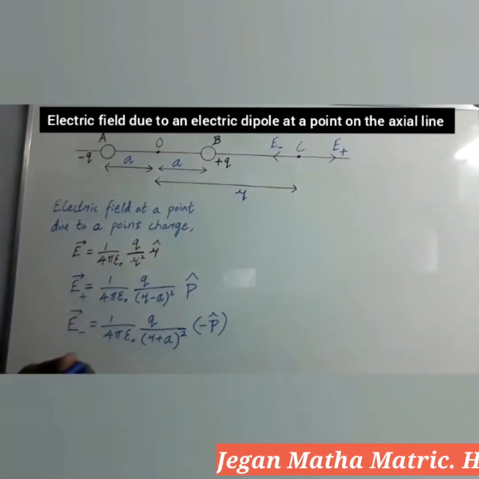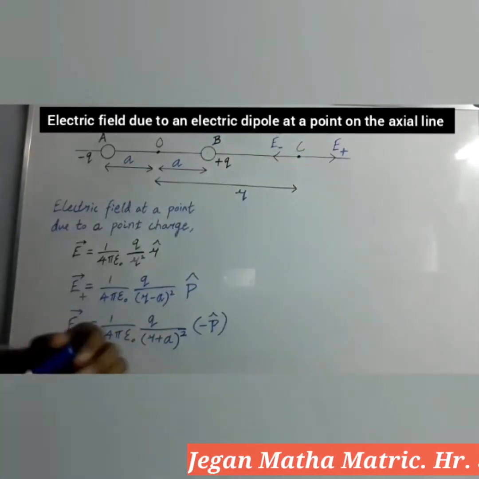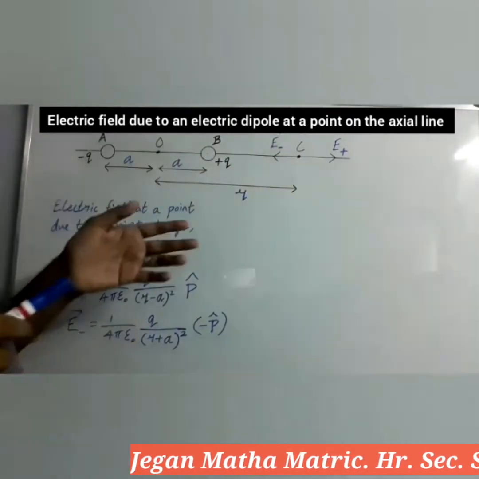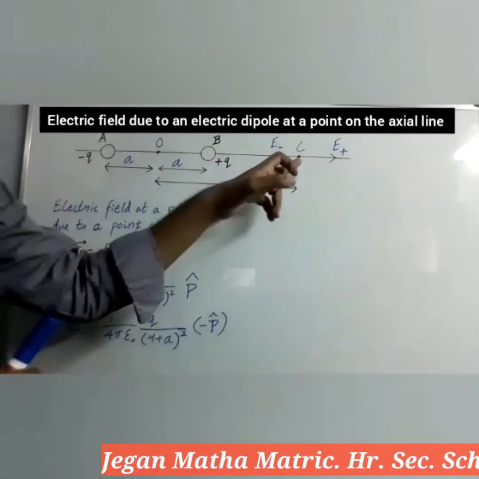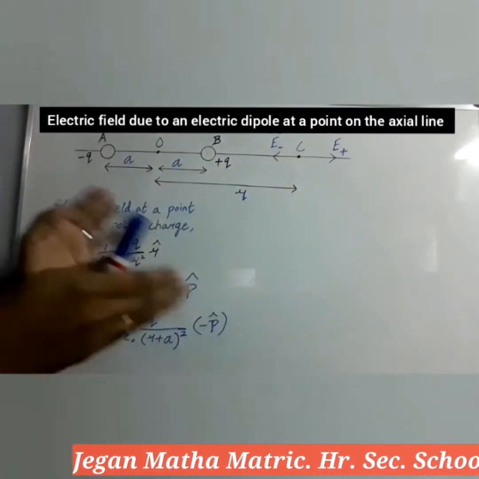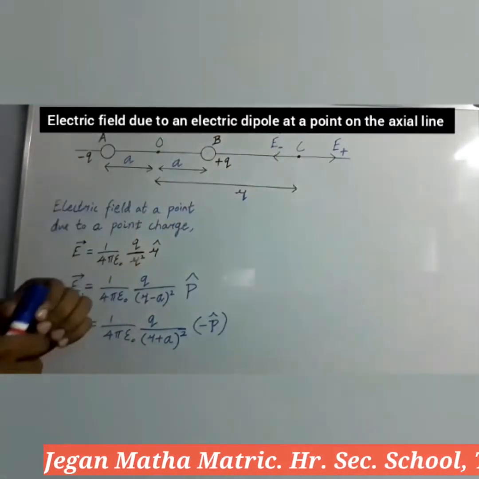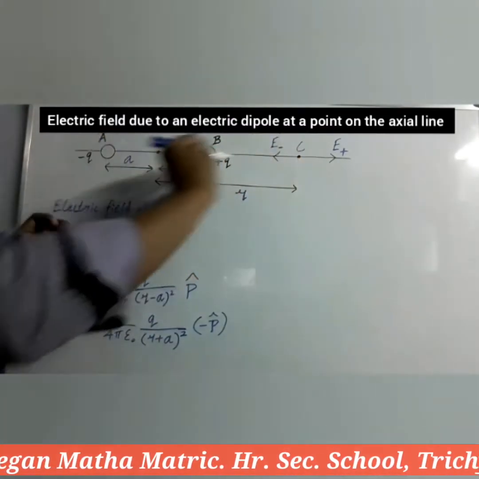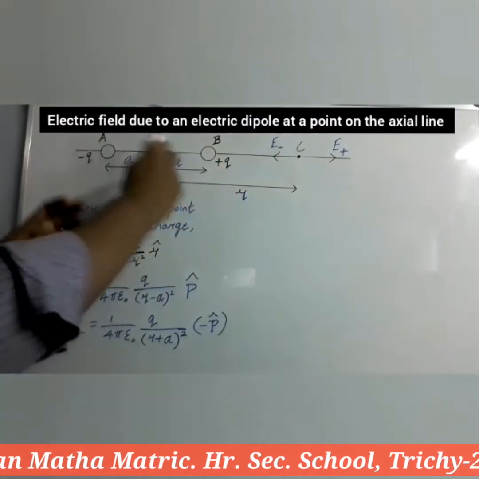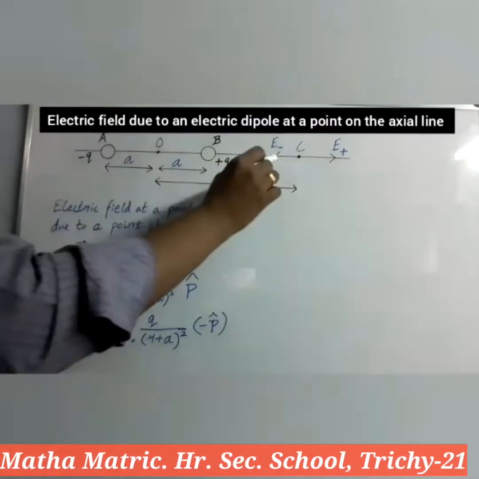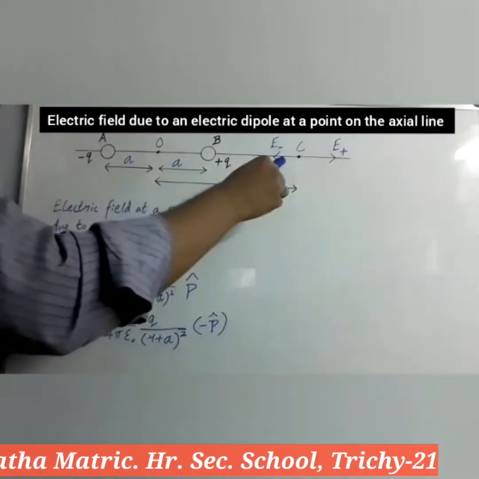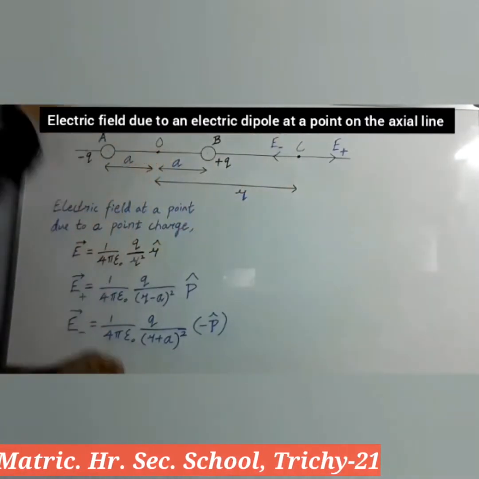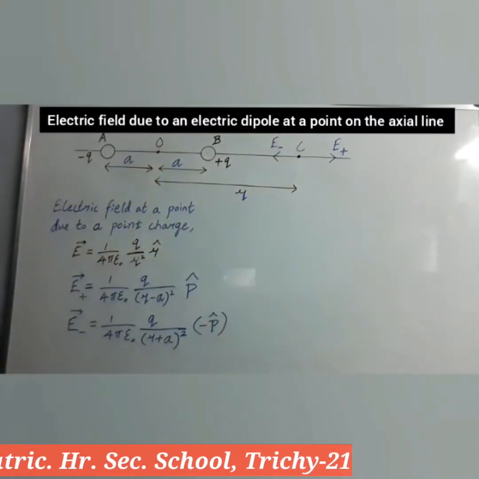Like the last case, let us take C as the origin. Then what about the direction of the electric field given by the negative charge? It will act along this direction. To understand the direction, let us imagine there is a positive charge at the point C. Then what will be the force between the negative charge and the positive charge? It will be an attractive force, so it will act along this direction. The positive charge will be attracted by the negative charge. The electric field also acts in the same direction. So suppose C is the origin, what is the direction of the electric field by the negative charge? It will act along the negative x-axis. That's why the unit vector has the negative value.